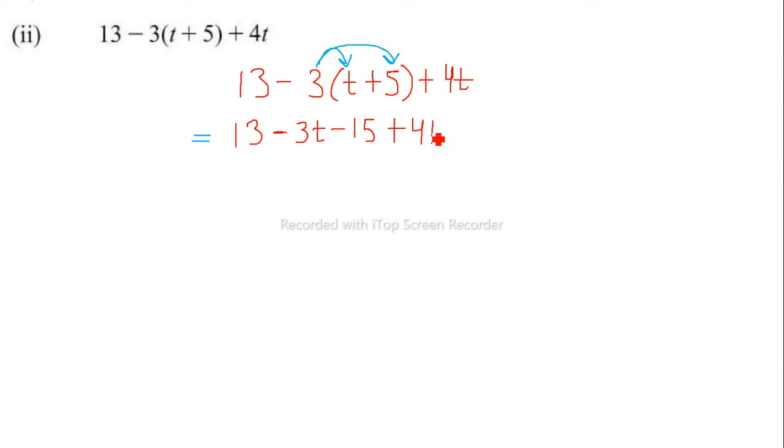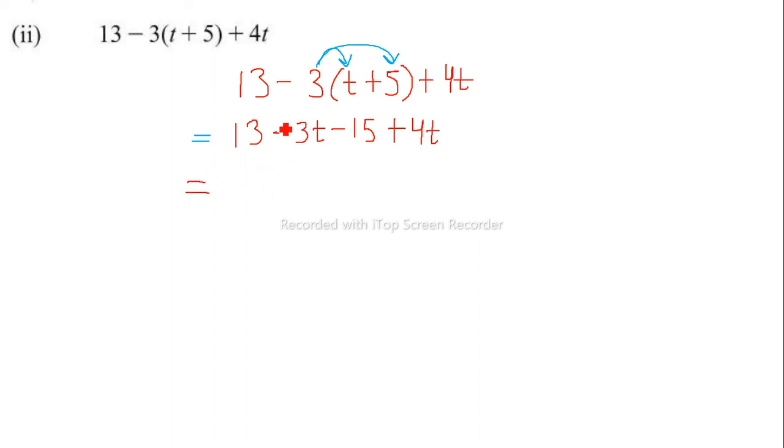All we did was bring down this 4t here. Next up, we're going to bring the t's together. For the first step, we don't multiply the 3 by everything inside the bracket again. Yes, definitely. And then this is going to be equal to,